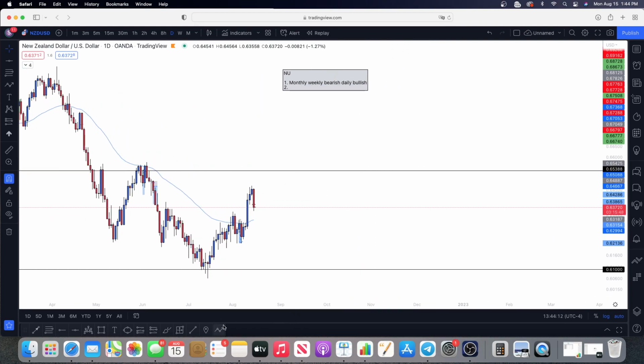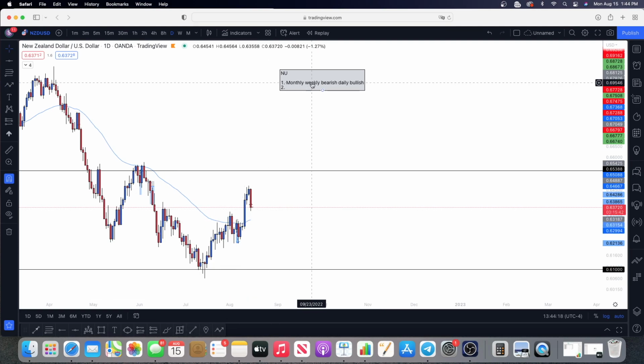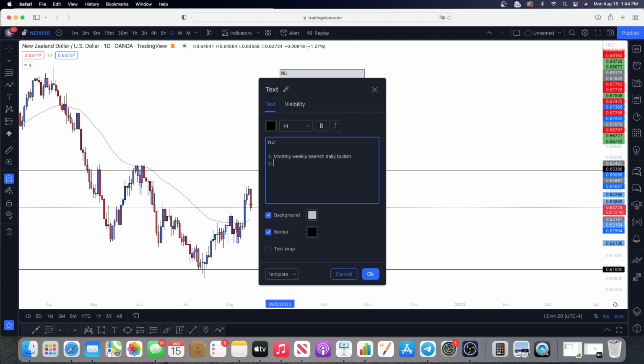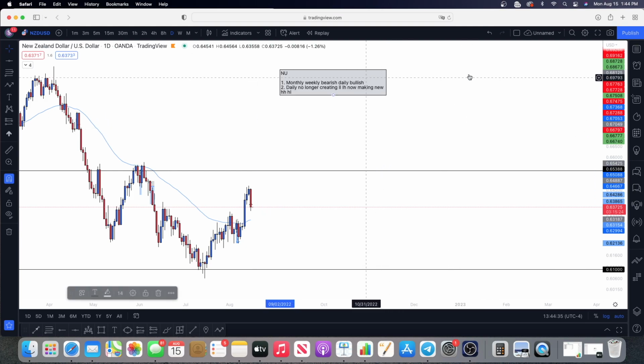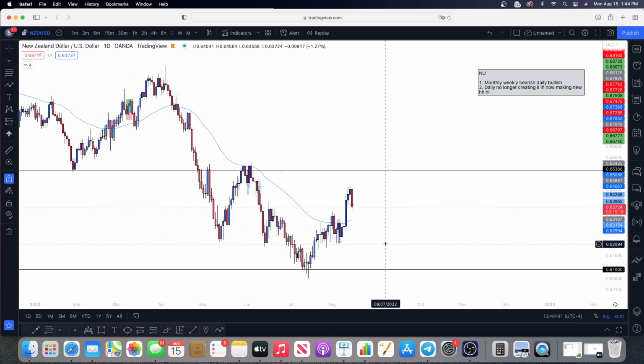Again, if you look left, you can tell how the market over here was just creating lower lows and lower highs. And now in this case, we're creating higher highs and higher lows. So we just write that down over here. The daily is no longer creating lower lows and lower highs, now making higher highs and higher lows. Very simple, right? We're now making new higher highs and higher lows, right? So now, from the daily time frame,